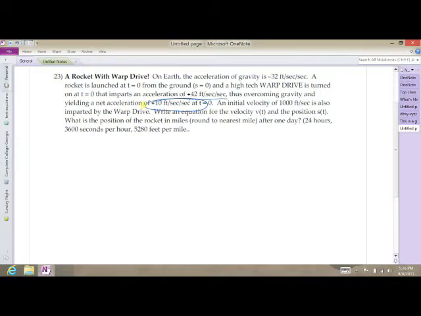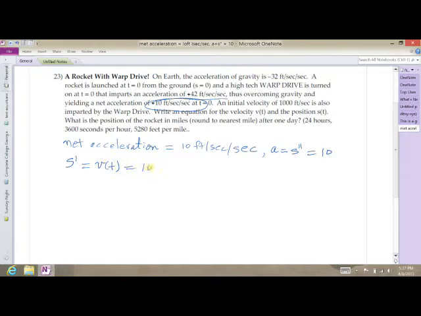So we note that the net acceleration is equal to 10 feet per second squared. So we can say that the acceleration, which is the second derivative of the position, is equal to 10. Now, taking the antiderivative, we can see that s prime, which we know is also equal to the velocity, is equal to 10t plus a constant. Now, given the fact that the initial velocity v at 0 is equal to 1,000,